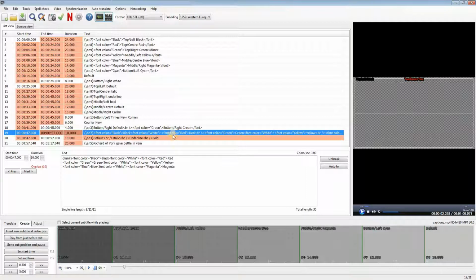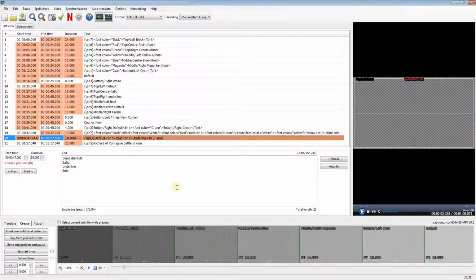The intermediate closing font tags have been lost, and we seem to have some spurious font equals white tags added, like this one. And there's no final font tag. We've also lost the italic and underline tags. Those tags are lost wherever we've used them, not just in mixed captions.